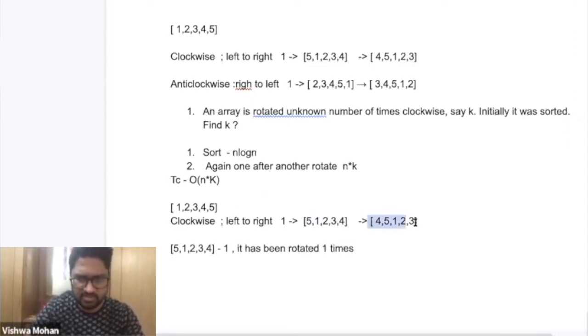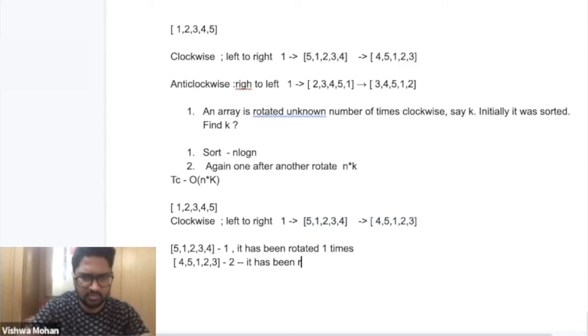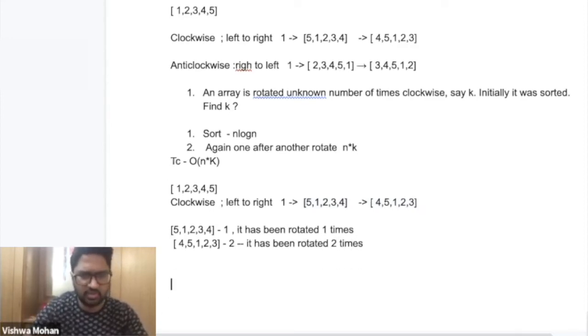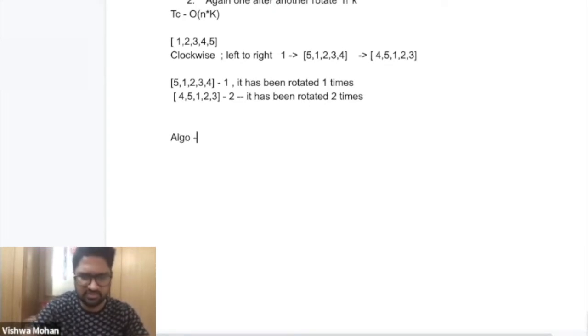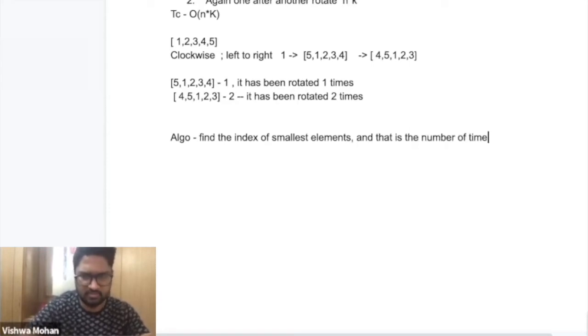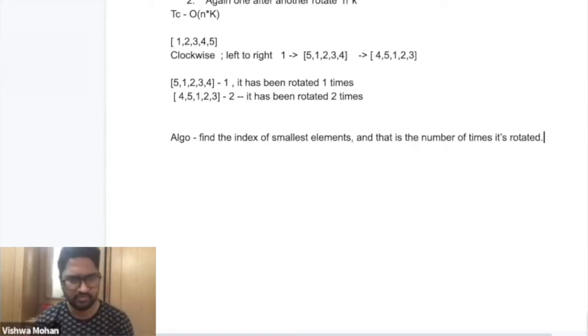Similarly, in this one the index of 1 is 2, so it has been rotated 2 times, right? So basically the algorithm is: find the index of the smallest element, and that is the number of times it is rotated. This is the algorithm that you have to use.